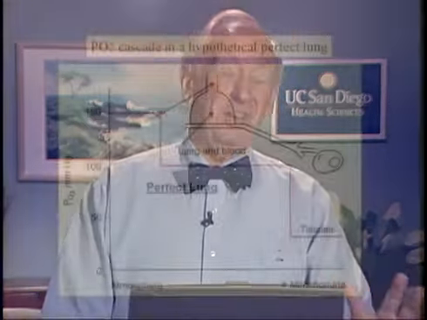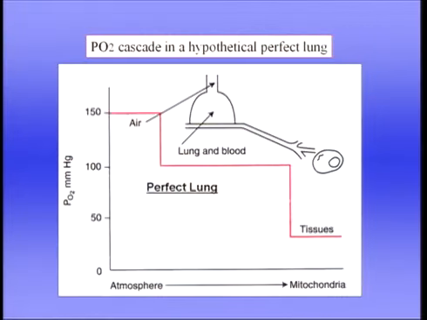And the first thing we're going to look at is a perfect lung. This is a hypothetical perfect lung. It doesn't exist, but it helps us to understand the oxygen cascade from the air to the mitochondria in the simplest possible way, and then we're going to look at the various ways in which this perfect situation is impaired by three causes of hypoxemia. So here we have our perfect lung, where